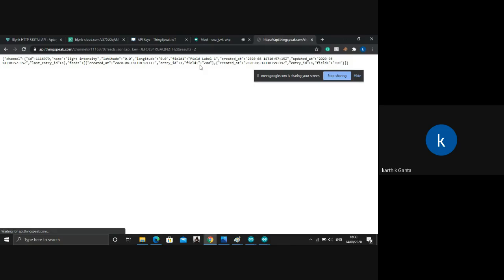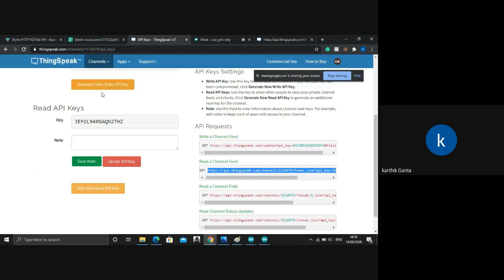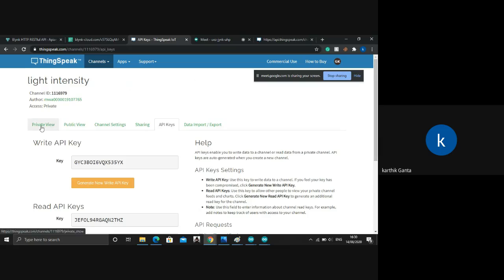Now, this shows you at what time you created the channel, what the latitude, longitude, and all those details are, and what the feeds are, and at what time you made each feed. This is in UTC format, and you can see 200, and all the data that we popped; the last data that we popped is 500. This shows you whatever data you have popped in and out and how many entries you have made. We have made 4 entries till now, and it shows you here also how many entries you have made.